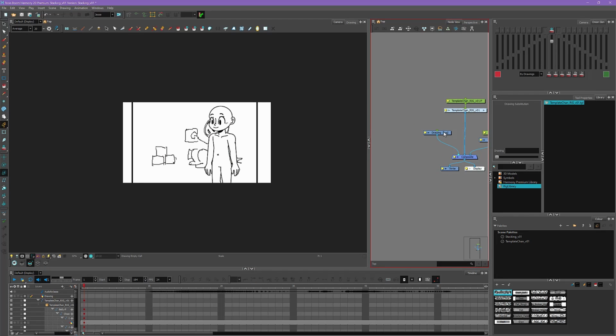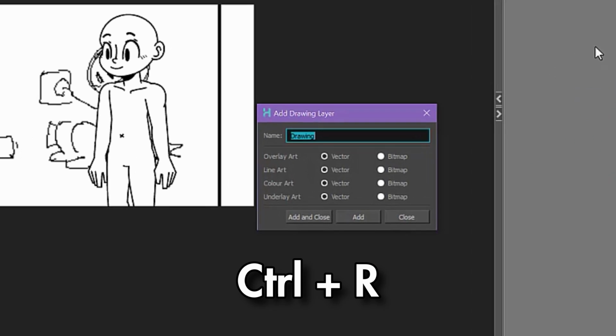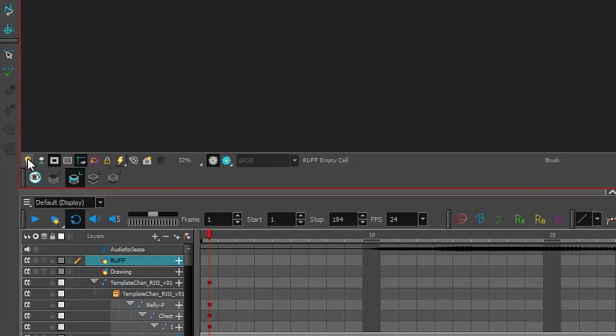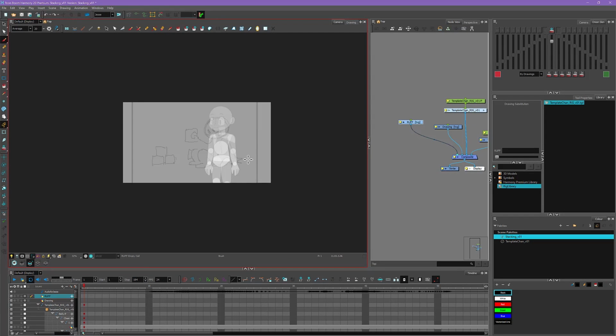And then next we can start drawing our rough animation. So let's make a new layer for our rough animation here. And I'm going to keep zoomed out because I don't want to get caught up in details when I'm doing this stage. I find being zoomed out kind of helps keep things in perspective, keeps you from focusing on little tiny details. So to add a new layer in the node view, just press Ctrl R and we'll call it rough, R-U-F-F. And if we click on this little light bulb button down here, that'll fade everything else out, allowing us to draw on top of things a little bit easier.